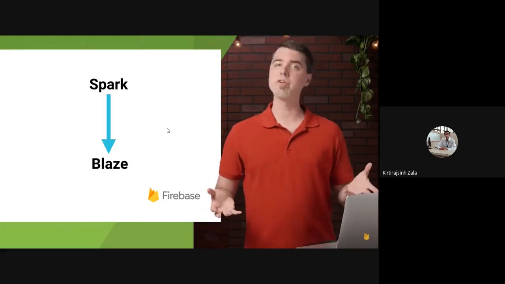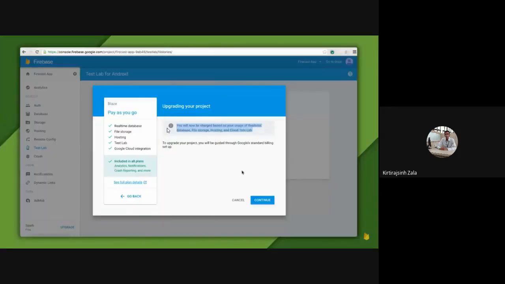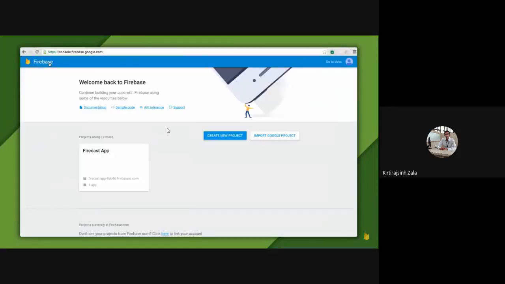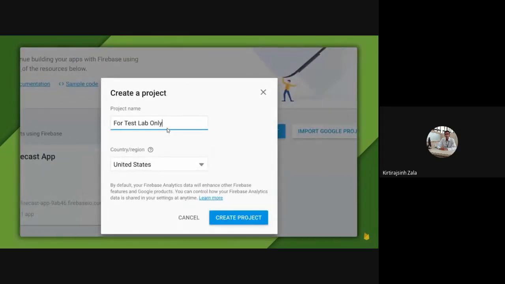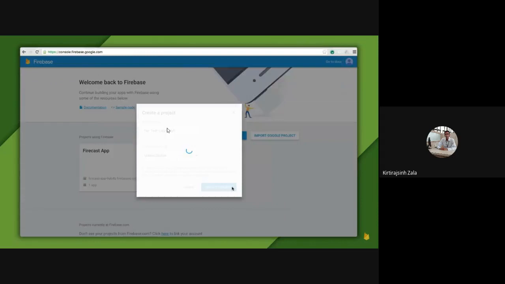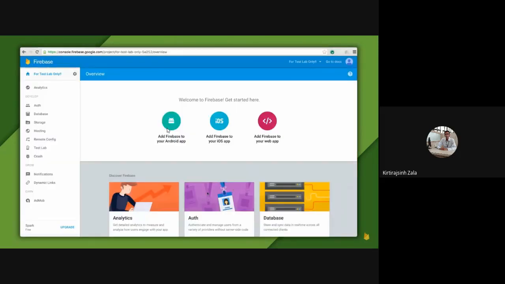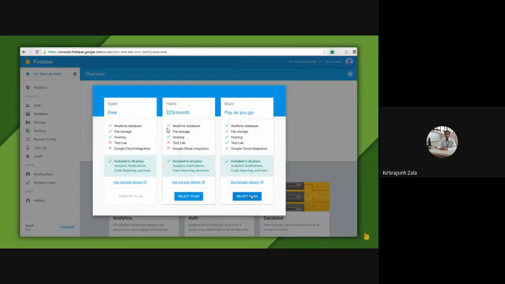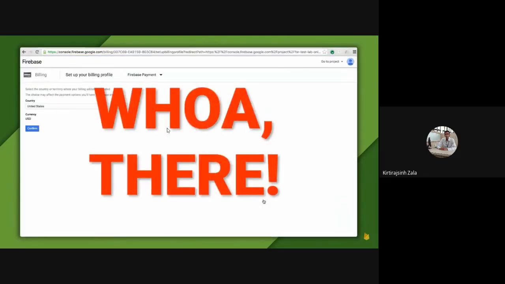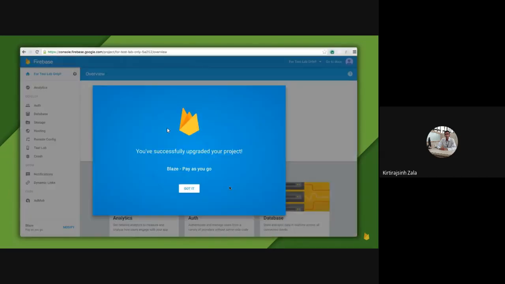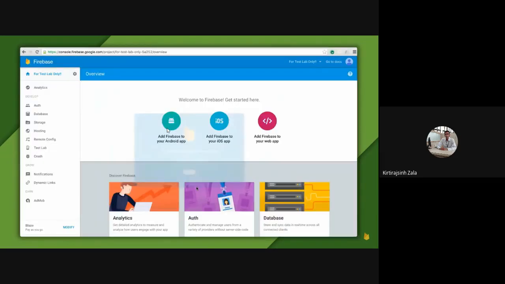So let's create a new project real fast now. First, I'll go back to the Firebase console page. Then I'll choose to create a new project. I'll give it a name that makes it clear what I'm trying to do here, and keep the defaults. Now I'll choose to upgrade this project. I'll select the Blaze plan and go ahead with the billing setup. But I'll stop the recording right here because I'm not going to show you my credit card number today. So completing the rest of that stuff is important. When I'm done with that, you'll see my project is now on the Blaze plan, which means... Imagine right now you're wondering what exactly it costs to test your phone.